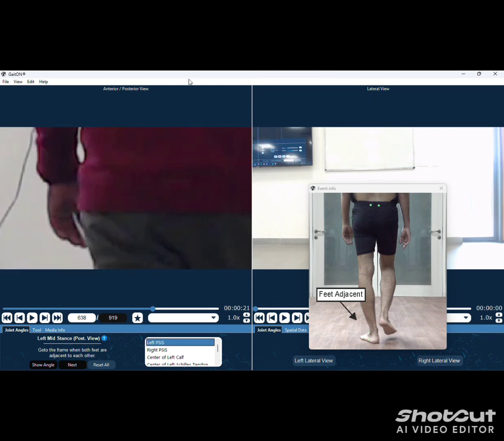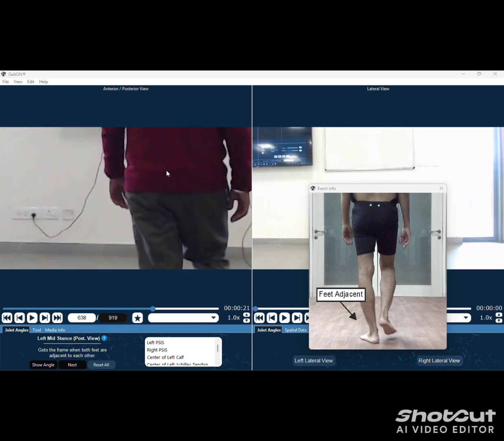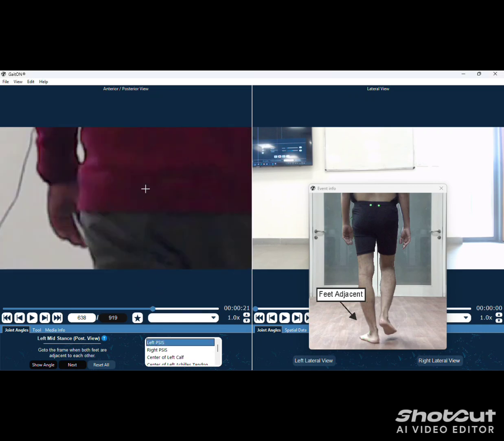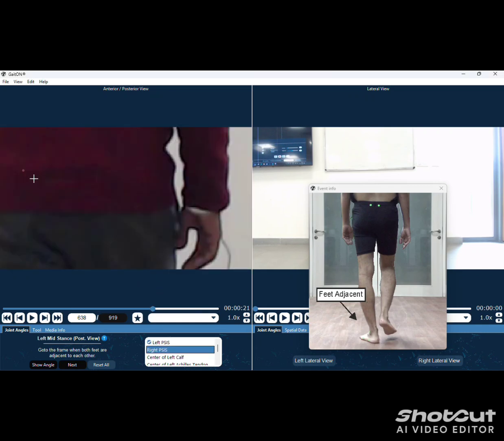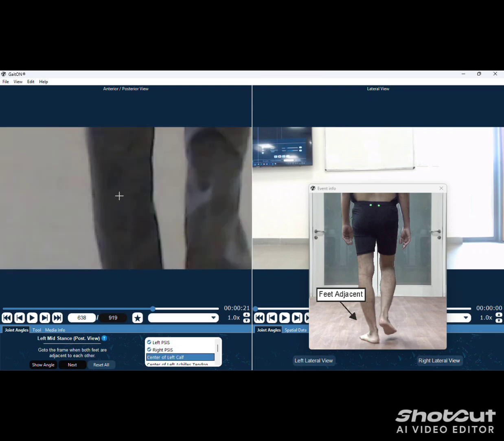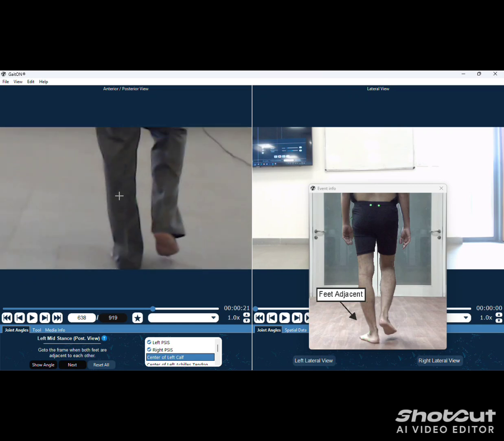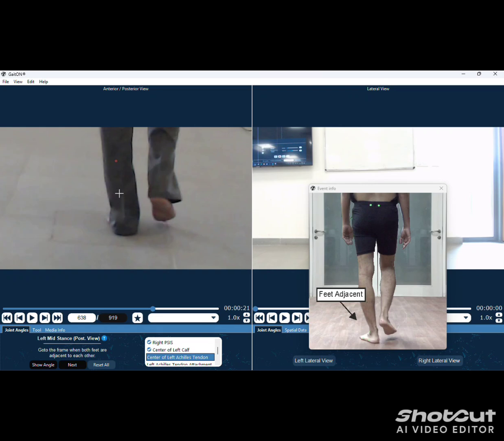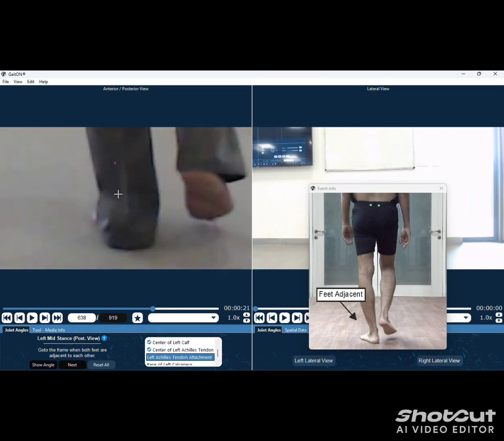So click on left PSIS and right PSIS, and next center of left calf, next center of left arch, and your next pointer is here.